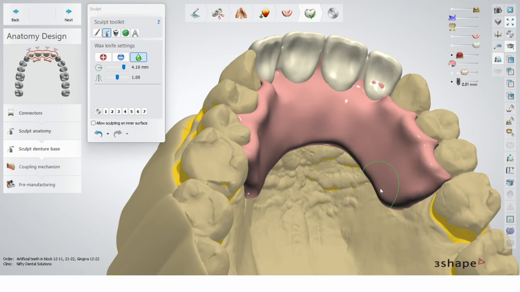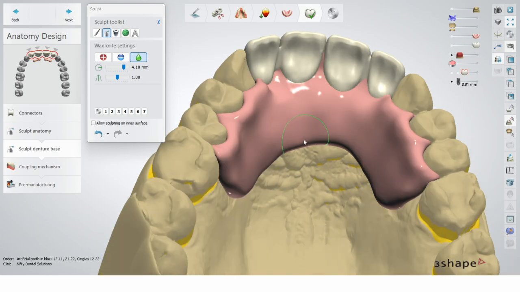If you want to keep track of the thickness, you can click there, measure distance to preparation scan, and you're always going to see the thickness all around. Important, don't go below 2 mm. Obviously, in some cases, unfortunately, that is not possible, but it's very rare.